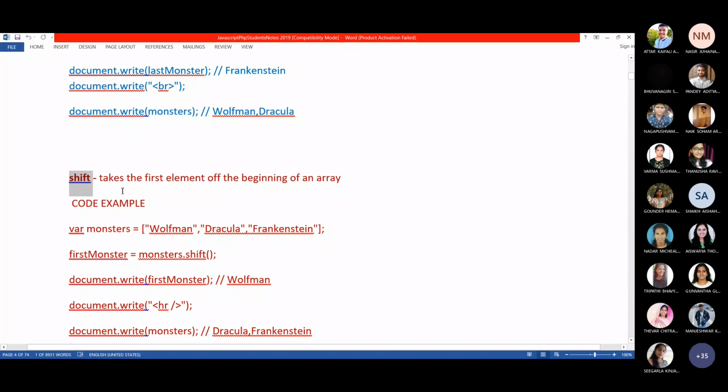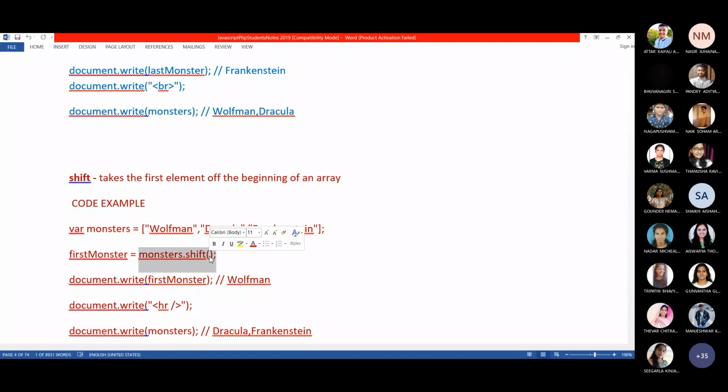Let us see the example for shift. We have created the array object with three elements, and then we are applying the shift method. Note down here, shift does not have any parameters. Pop also does not have any parameter.